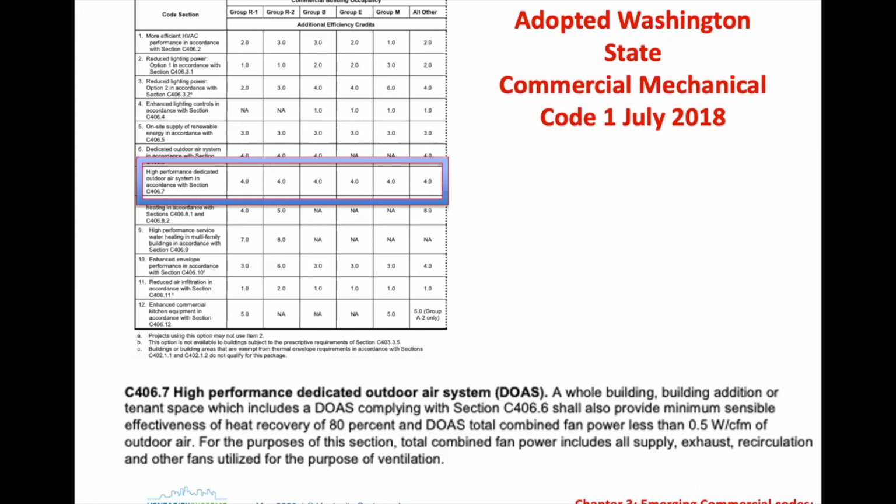All right, so that's the biggest moves in the code requirements across the country. And there are REACH codes that are incorporating ventilation as part of a total REACH code. I didn't get into all the minutiae and details of those, but you'll see where there are efficiency REACH codes that often are requiring heat recovery ventilation and dedicated outdoor air systems. It's not actual code yet, but they're using it as REACH codes or other similar requirements in some states.